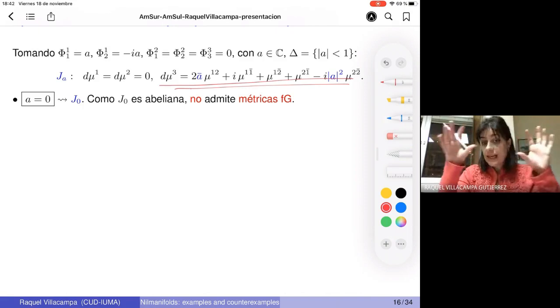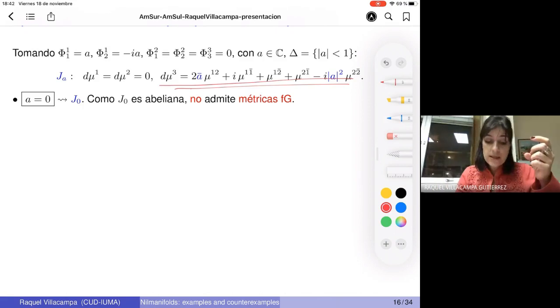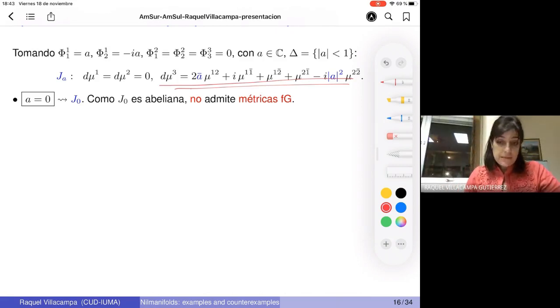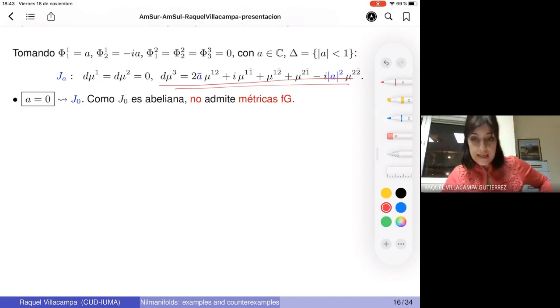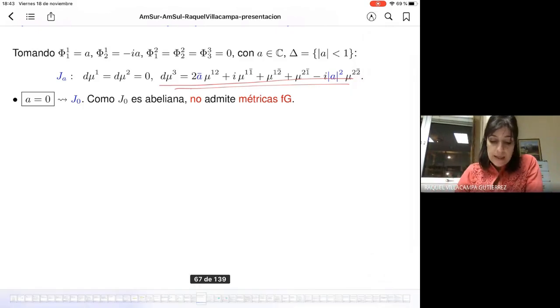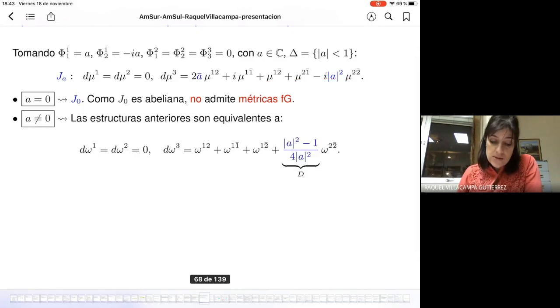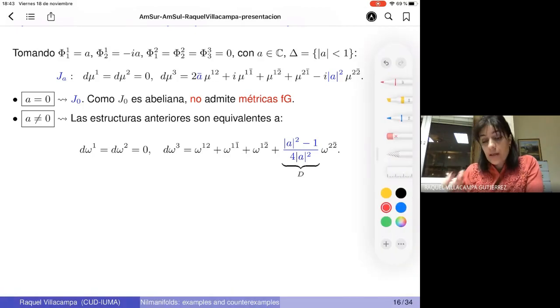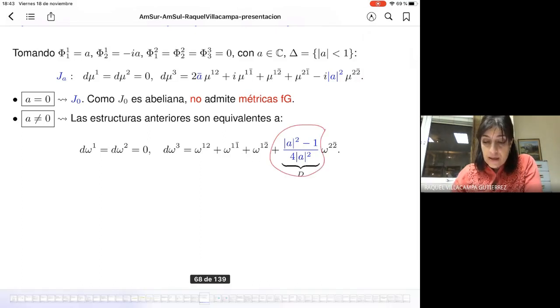we obtain different classes of equivalence, and now we have to obtain which is the class to which this structure belongs. So we make some computations in order to obtain the class to which it belongs, and we obtain that all these complex structures are equivalent to these structures here. This structure here belongs to our dictionary, and here the main point in order to identify the structures is this coefficient D. So recall